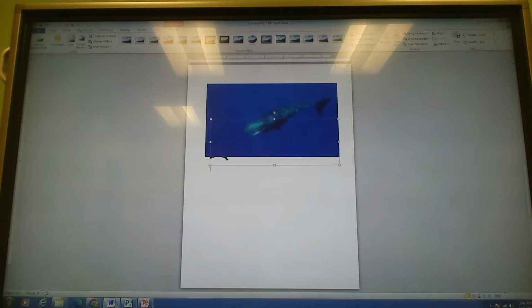Well, what happened to the picture? Where's my nice picture I edited? Well, it's behind the picture. So there's this thing called layering. Right here where it says arrange, I can bring the picture that's behind the whale picture in front of it by clicking bring forward. So now I've got, that's a really big whale. I may want to just take the picture of the sea and make the whale smaller, because that's a ginormous whale. But anyway,